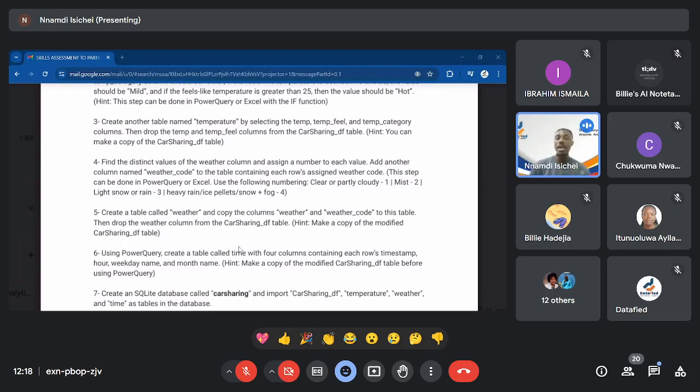Create a database with any database management system that is suitable to you, either Microsoft SQL Server, or MySQL Workbench or MySQL Server, or SQLite, or any database management system that you're most familiar with. Go ahead, use it to create the database and write the queries.